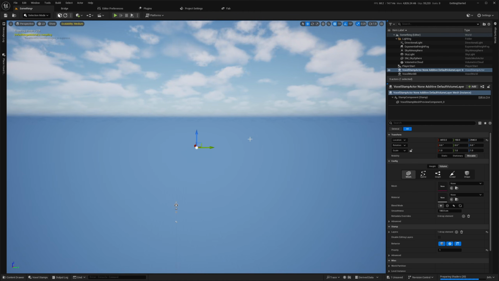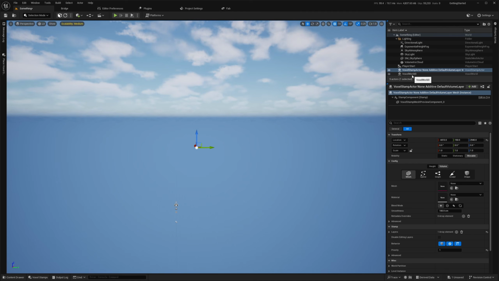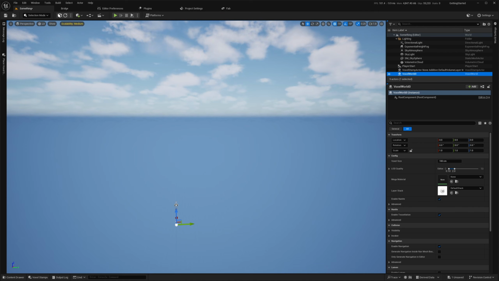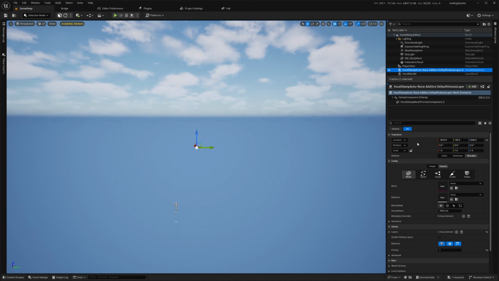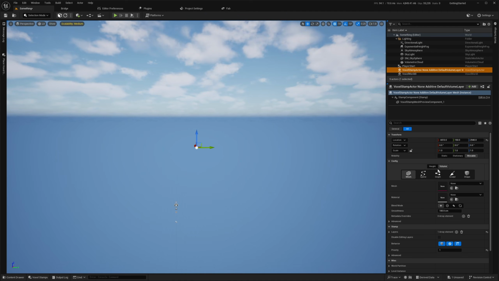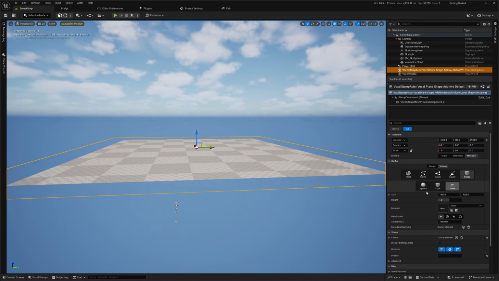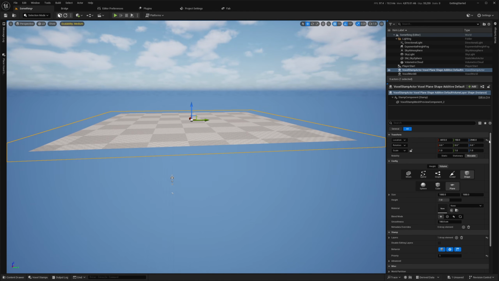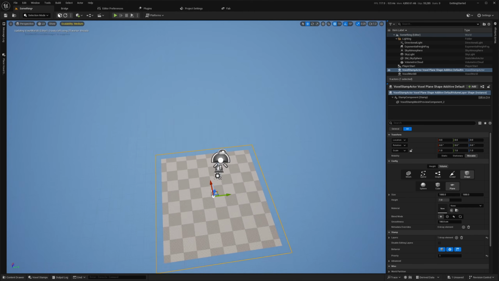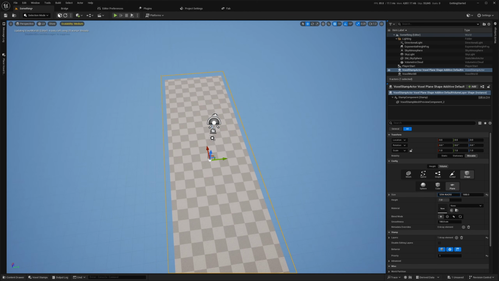So we'll have a pop-up come up in the bottom right, which says voxel world added to the level, and it will say that the voxel world has no mega material assigned. These are things we will worry about in just a second, but you'll see that we have a new stamp actor, and we have a new voxel world. Now, we don't have anything on screen yet, which is because we don't actually have anything assigned in this stamp. Right now, we are going to just select volume and then shape, and then we'll select a plane. This will give us a boring little plane, which we can just reset to origin, and then we have a plane at origin. We can change the size of this plane,